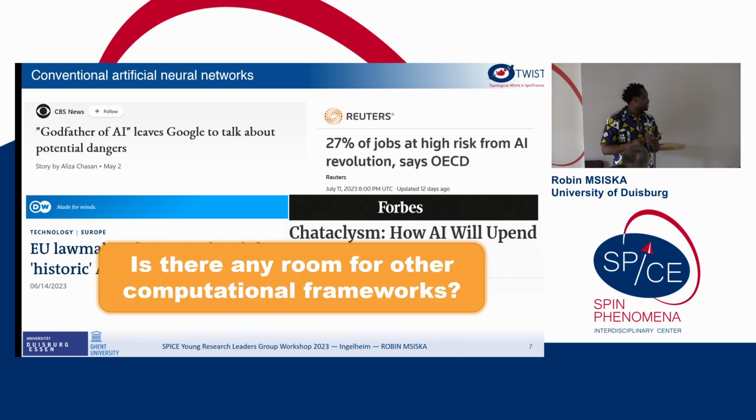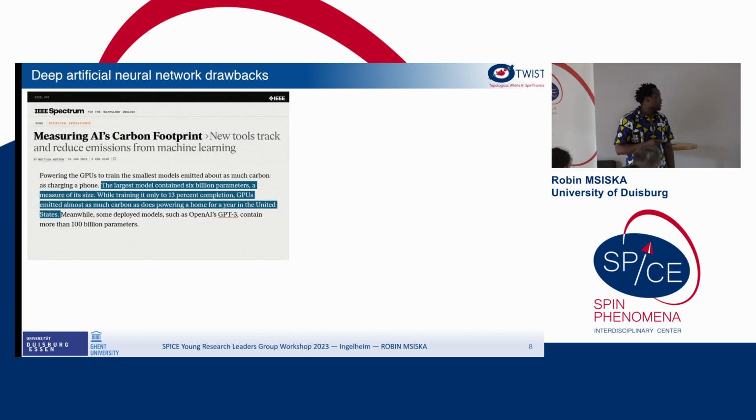So the question is, if it works so well that it's already triggering talks of policy change, is there any room for other computational frameworks? Have we reached peak computing? Should we just continue iterating upon what we have now and stop doing more research? Well, to answer this question, you look at the failings of current neural networks. So to start with,